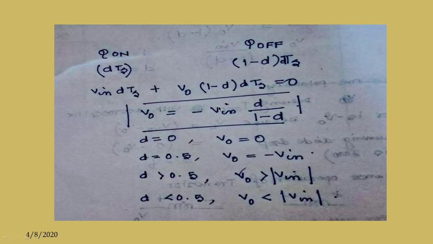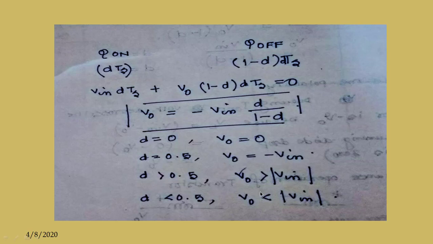If we simplify this, we will get V naught equals minus V in d by 1 minus d. If we change the duty cycle d, when d equals 0, the output voltage is 0. When d equals 0.5, V naught equals a negative voltage of the same magnitude as V in,